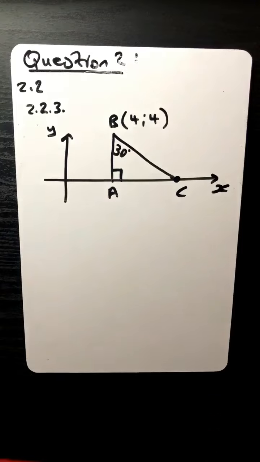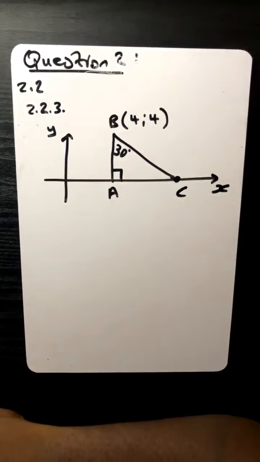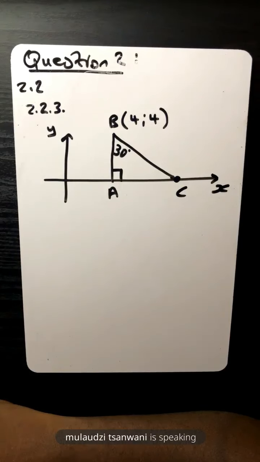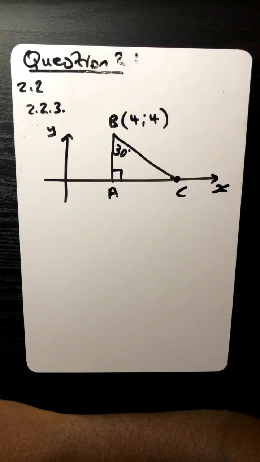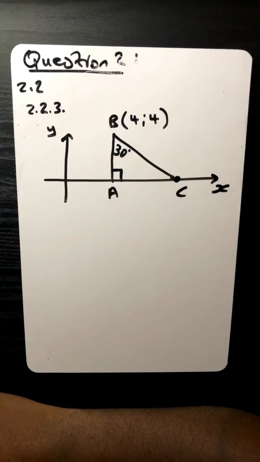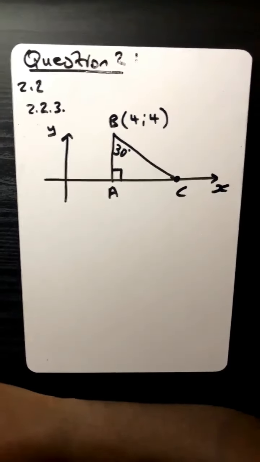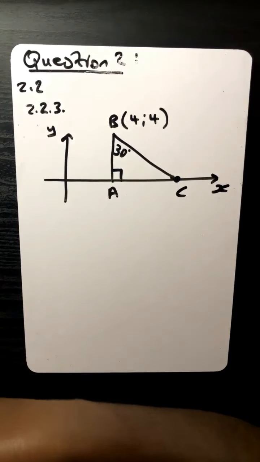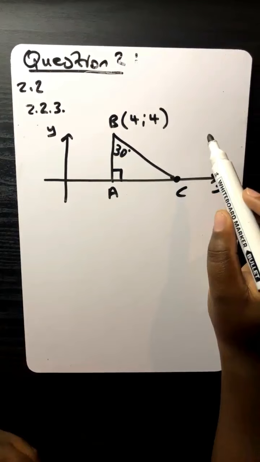Which trig ratio can you use to determine the length of AC, Mr. Kevin? So how about we use Pythagoras' theorem first? Let me see. Continue. What if we use the theorem of Pythagoras? We have two coordinates, 4 and 4. Then, yeah. So remember, if we use the theorem of Pythagoras,